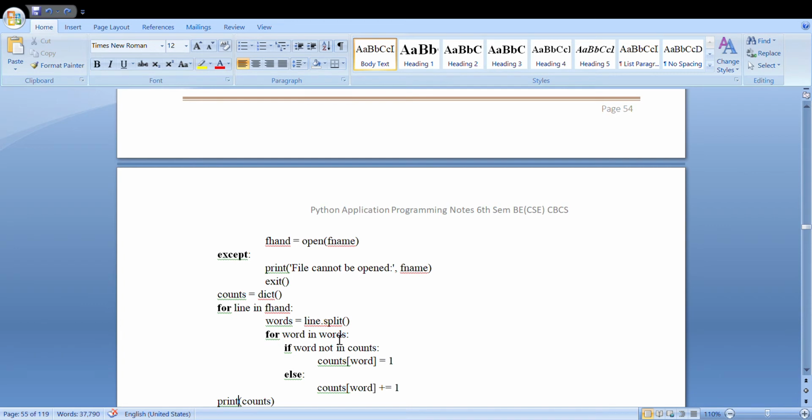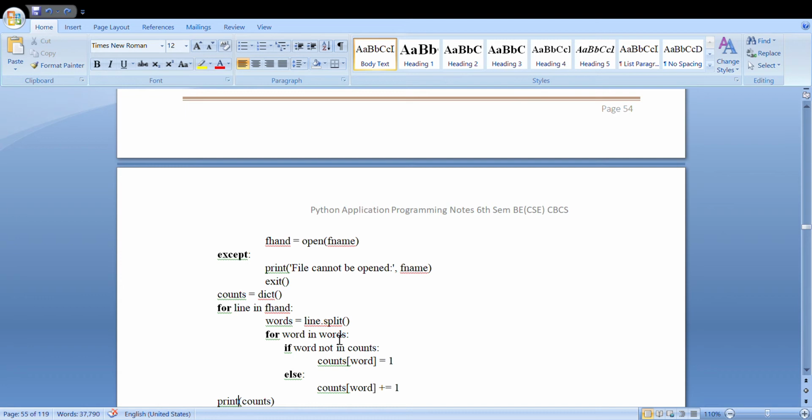If you are not specifying anything within your split function, then it takes space as the split delimiter. If you want to, you can specify your delimiter. If you're not specifying the delimiter, then space will be considered. That is what we are doing in this particular program. We are not considering any punctuation or special characters. We'll see in the next program how we can perform this action even with special characters.